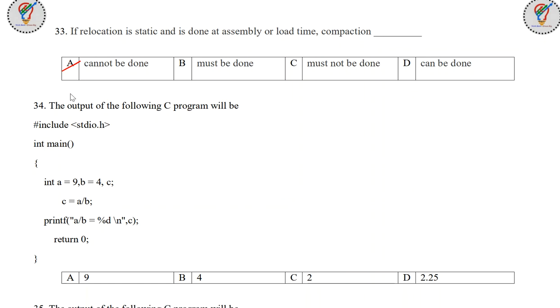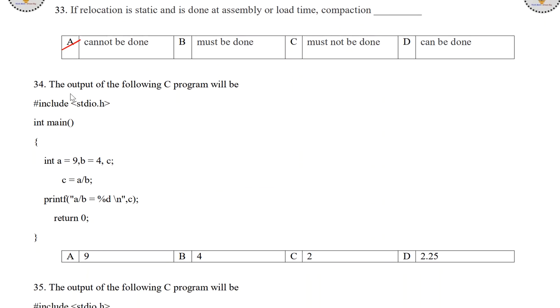Next one. So the 34th question is again from the C language. The output of the following C program will be. In the previous examination you can see around 10 questions were asked on structures in C and C++ only. So for those preparing for the digital assistant exam, be particular about the programming languages they are asking. Okay. And the 34th question here.